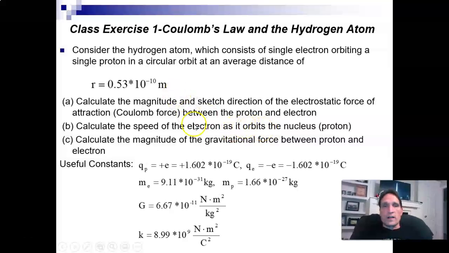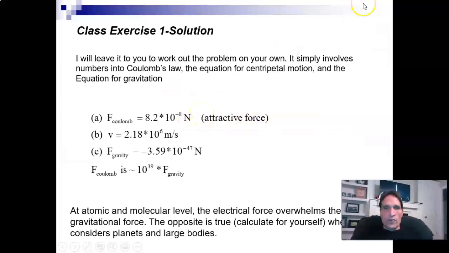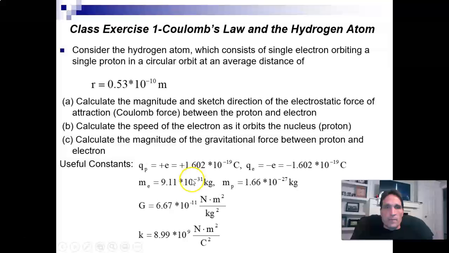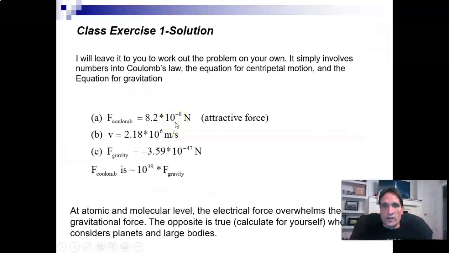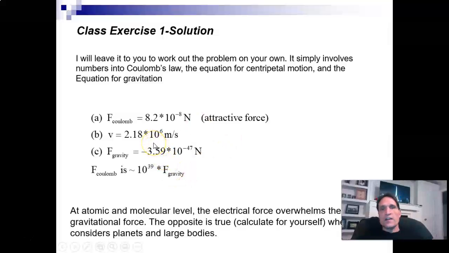And so if we plug in our Coulomb force F, and we plug in the mass of the electron, which is 9.1 times 10 to the negative 31 kilograms, and if we plug in r as the distance, we can get that the speed of the electron, at least classically, is about 2.18 times 10 to the 6 meters per second. Okay. Now, suppose we want to compare this electrostatic force between the proton and the electron with the gravitational